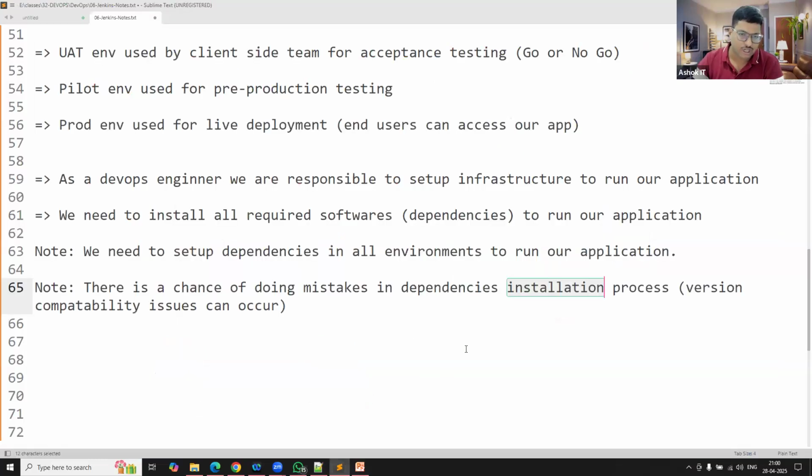Okay, now can you guys tell me what is the developer life or DevOps engineer life without Docker? What is our life without Docker? Come on, life without Docker. What are the challenges we are going to face without Docker?